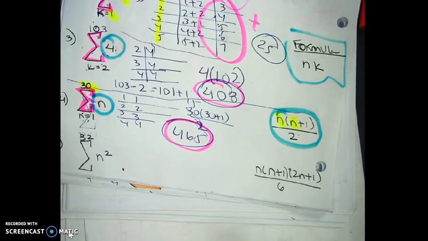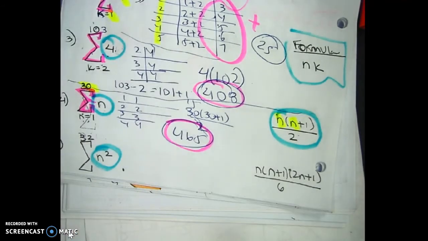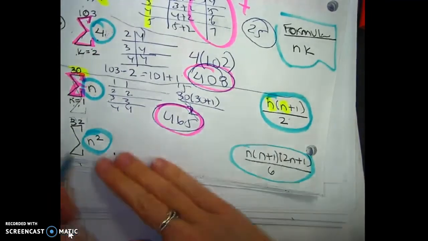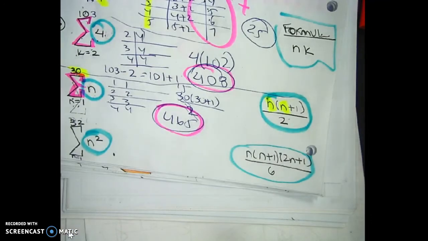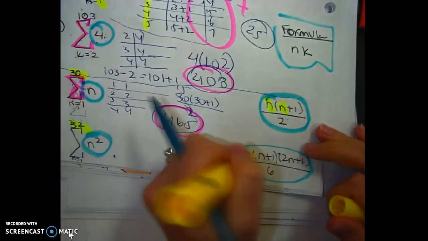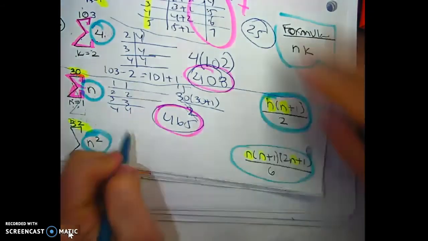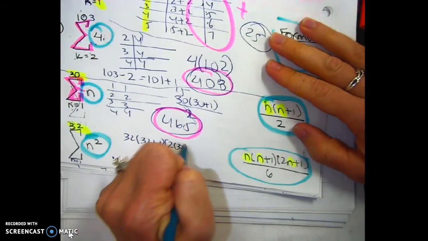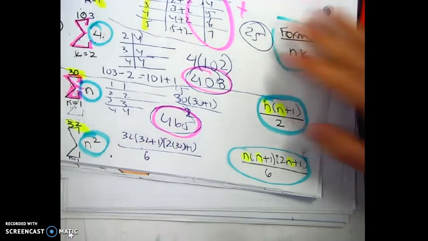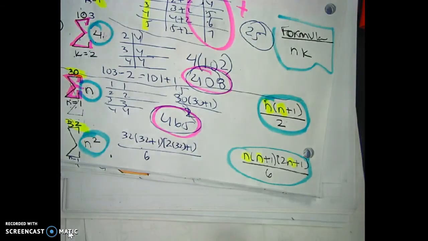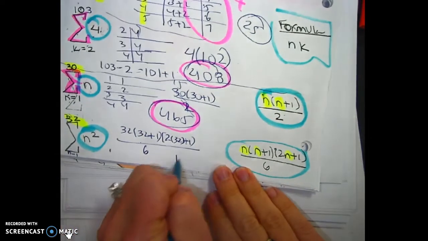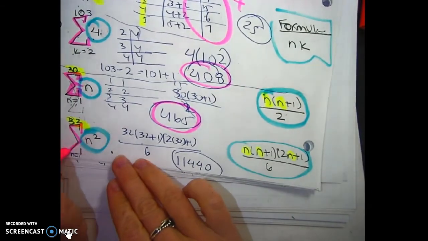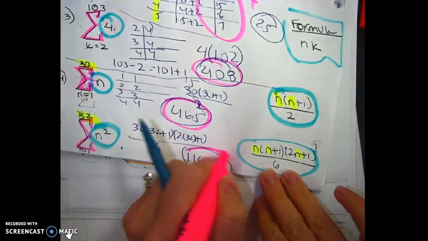Now, if it's not a linear variable, but it's a quadratic, which means the parent function, you're going to use this formula. And by the way, that should have said n equals 1. So now I'm going to take that 32 and I'm going to plug it in. So I'm going to go 32 times 32 plus 1, 2 times 32 plus 1, all over 6. I'm going to pause it real quick, pick up my calculator, get the answer. In my calculator, got 11440. So what that means is if I add the first 32 terms of a quadratic parent function, I get